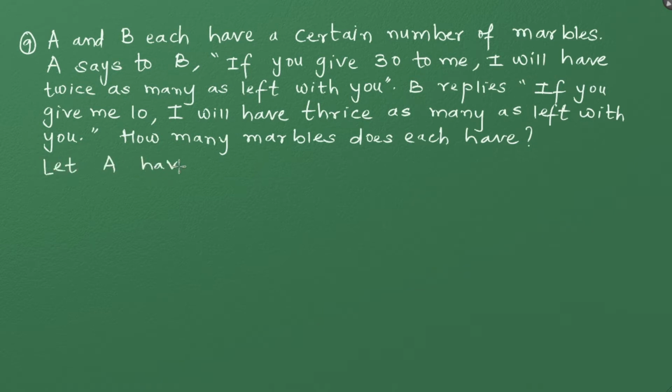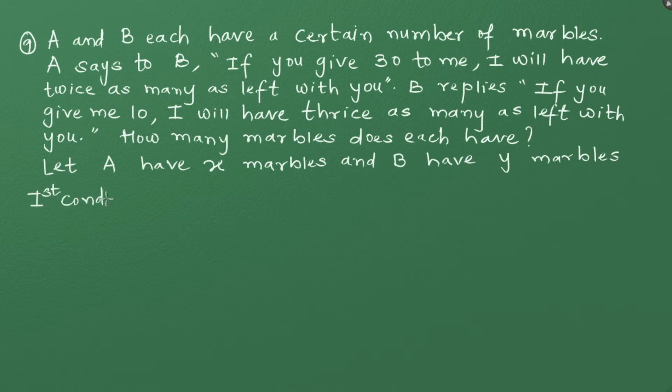Let A have x marbles and B have y marbles. That is, the number of marbles A has is x and the number of marbles B has is y. So according to the first condition, A says to B, if you give 30 to me, I will have twice as many as left with you. So that is,